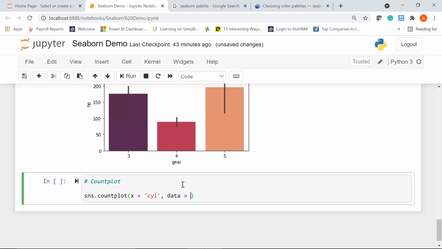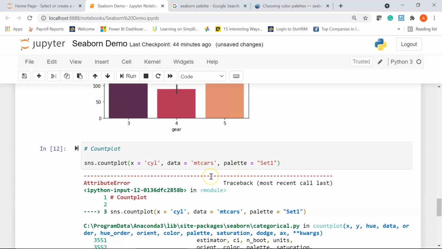Then I'm going to use my data parameter or the argument and pass in my data frame name, that is empty cars. Let's say I'll set the palette to set 1. Let me run it.